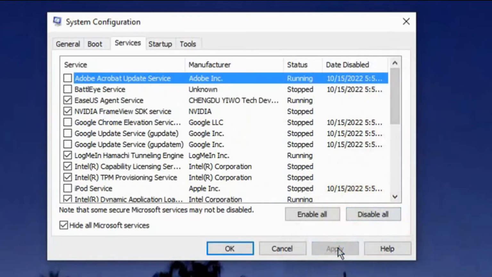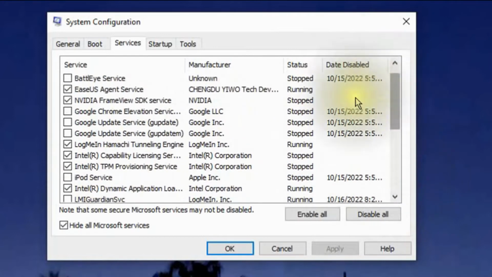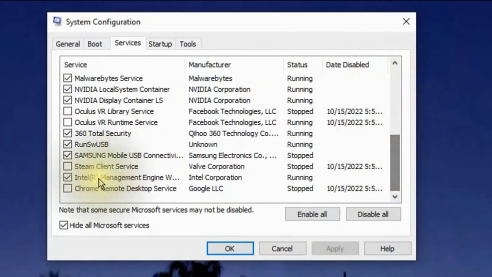After you have a good option there of the things that you don't need turned off or disabled, go ahead and click on Apply. And again, you are looking at the date on the last column, so you can experiment, go back and forth, turning off and turning on different things until you have the best performance on your machine. Once you have that, go ahead and let's click on OK.